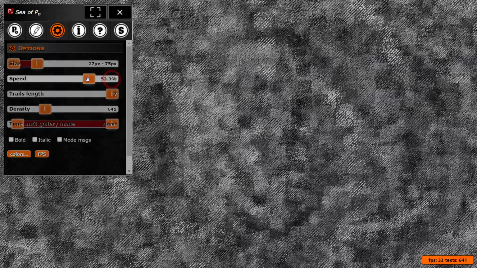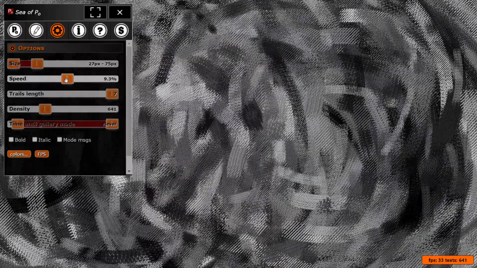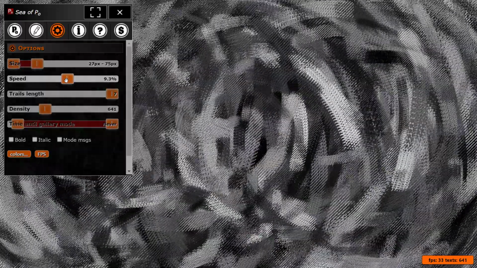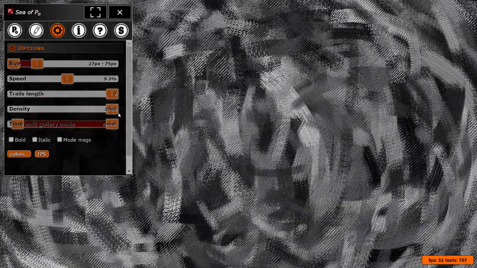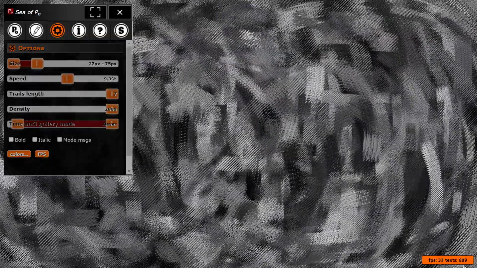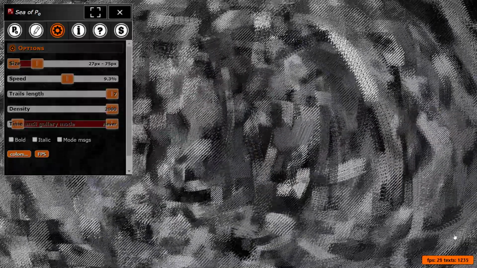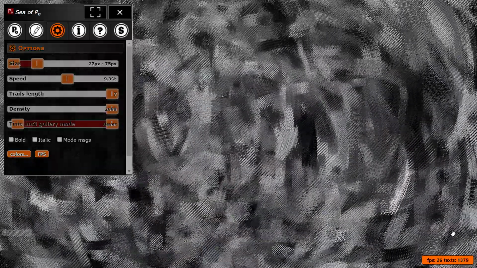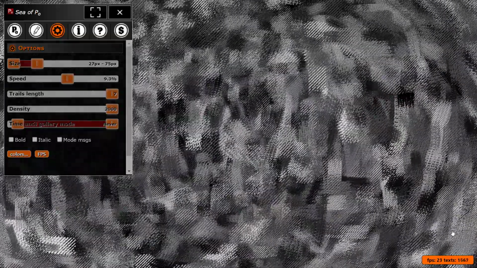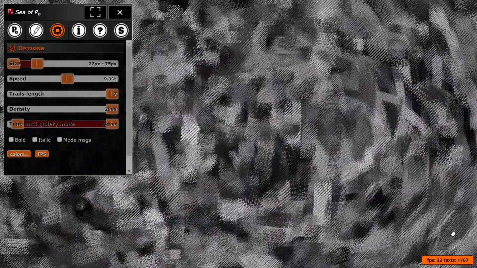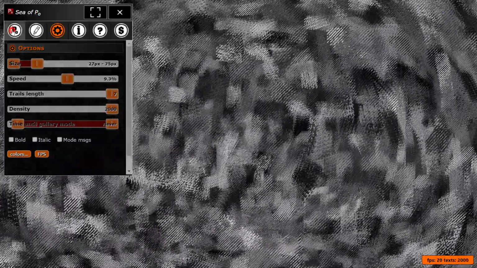Let me bring the speed down so that we can see each of the rain figures more clearly. And then if I bring the density up further, then we can see the number of texts climbing up here. I've set it to 2,000, and it's currently going up right now. Of course, once you hit several hundred, it's hard to tell the difference between several hundred and 2,000. But there we go. Anyway, let's go to the next